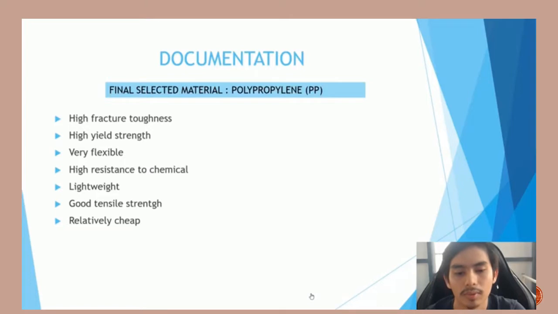Apart from that, polypropylene is lightweight because it has low density. Compared to many materials, polypropylene has a good tensile strength. Polypropylene is also generally known as having a high resistance to chemicals compared to polyethylene. Polypropylene is relatively cheap and is one of the